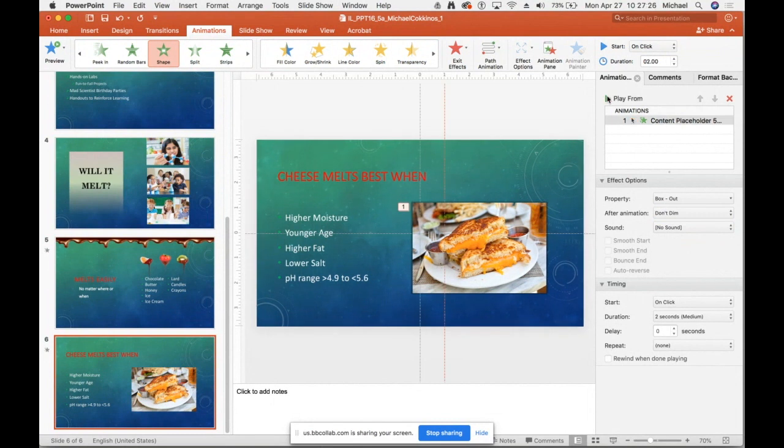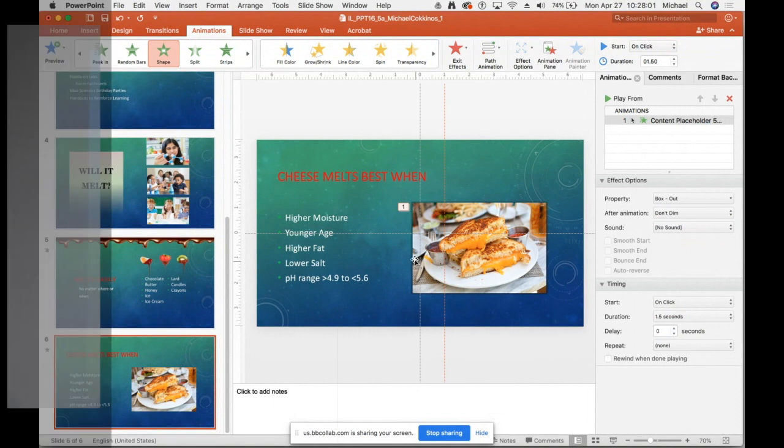So we get that, box out, and again, it's just to change the time. So on this one, the time is going to be 1.5 seconds. Is that one of the ones? A little faster than this? Let's see. I don't know. Whatever, it's 1 second. So you can't do it in the middle, but you can customize it. So 1.5 seconds, and there we go. And then you can play the animation. And believe it or not, that's it. So after all that grueling Excel, a little, kind of lightheartedness in PowerPoint,